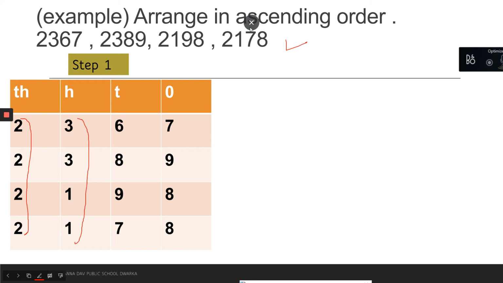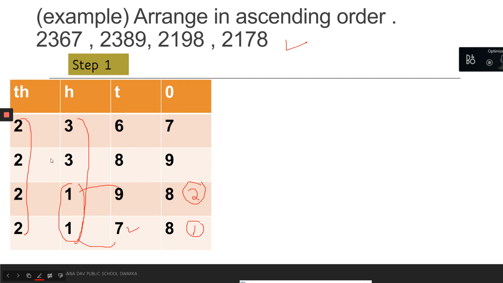Since we are arranging in ascending order, that is smaller to bigger, tell me, out of 3 and 1, which is smaller? 1 is smaller, right? But we have 1 two times. So here we will move to the next place. 9, 7. Tell me, children, which is smaller? 7. So this number we will write first. And here, children, tell me, which will come next? Yes, we will write 2 in the second position.